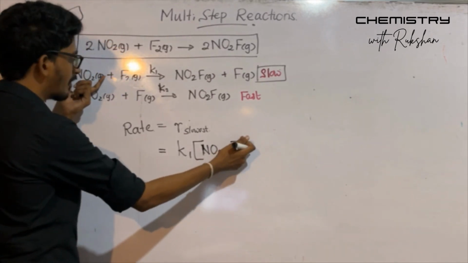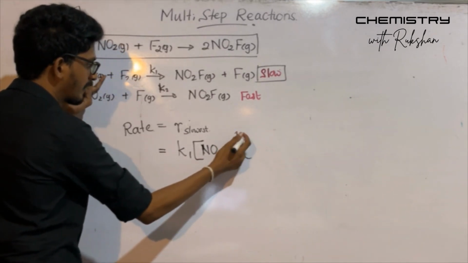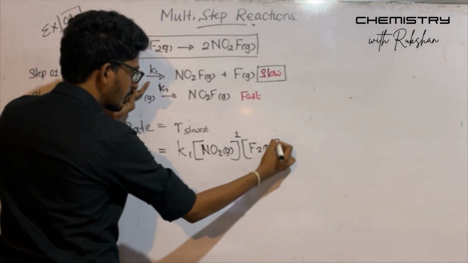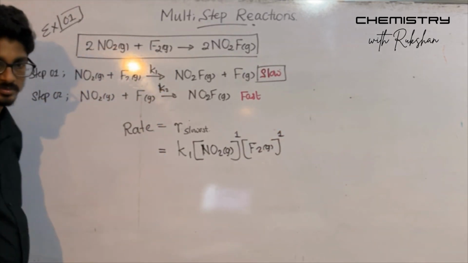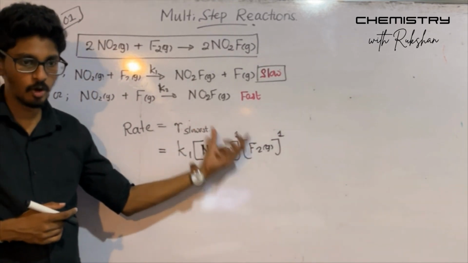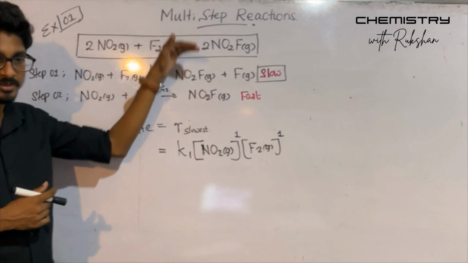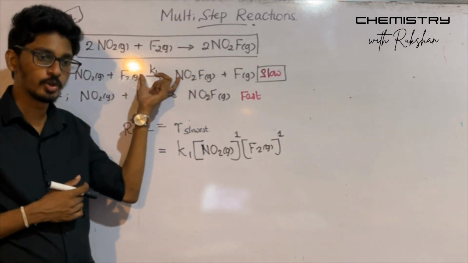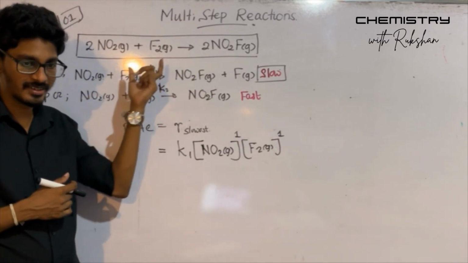If the stoichiometric value is 1, we can put the stoichiometric values as their orders, and F2 to the power 1. Why are we able to write like this? Because the slow step is also an elementary step. All the steps involved in a multi-step reaction are elementary. So as the slow step is also a kind of elementary step, you can write the rate of the slow step